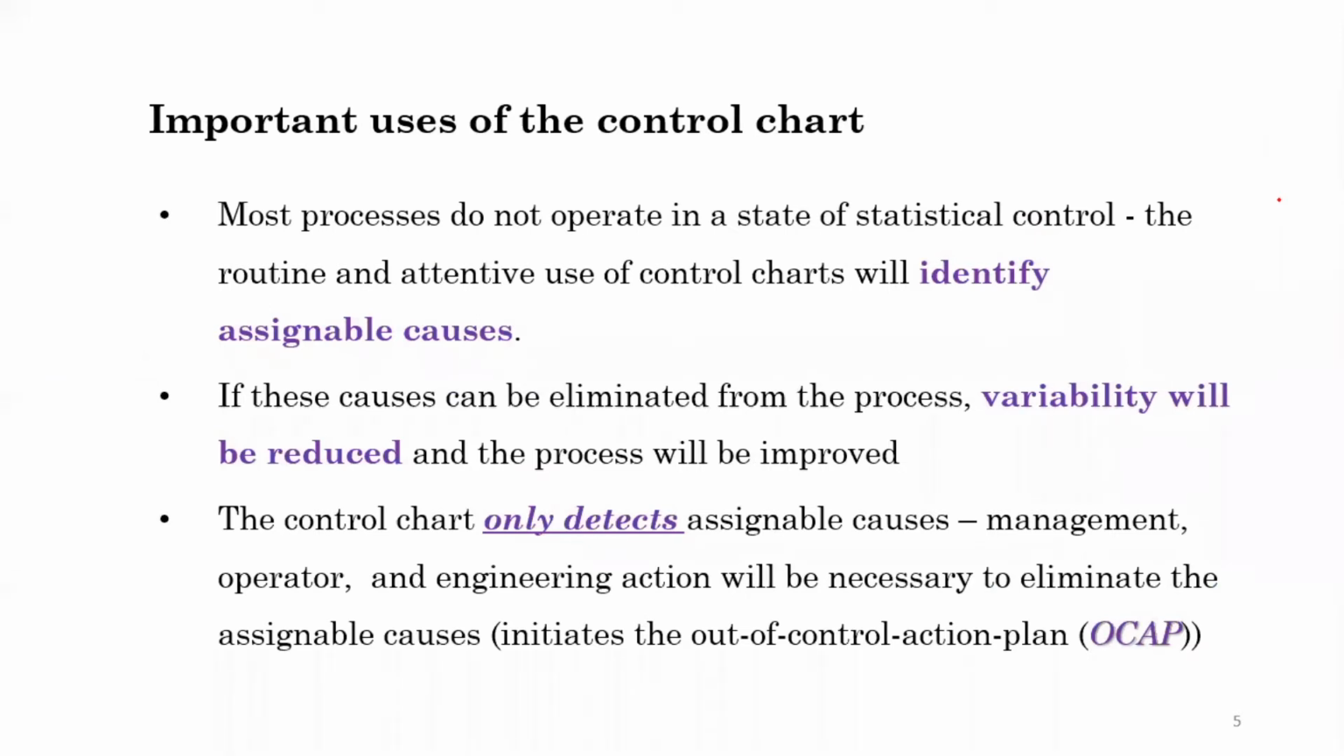Most processes do not operate in a state of statistical control. That means the routine and attentive use of control charts would identify any assignable cause whenever they arise. So you are under normal operation, and whenever there is a deviation, if you use control charts properly for monitoring your operation, you could identify whenever there is an assignable cause. If there is an assignable cause, you need to take corrective action right away in order to bring the process